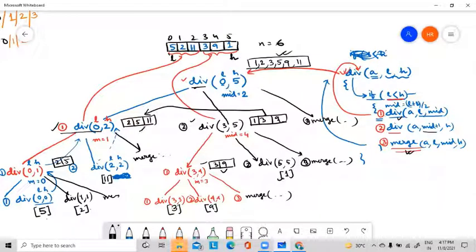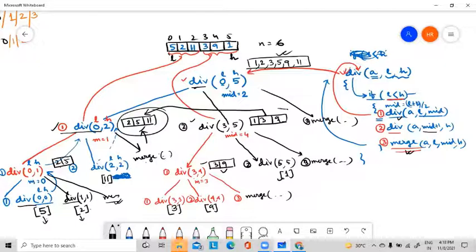So this will return the final merge. In this way, all this merge function along with two division functions, see the two division functions and this merge function, actually this merge function is merging these two elements which is already done in the division functions. Then this div function divided it into 2, 5 and 11. These three elements are merged using the merge function, and finally we are getting this sorted array.